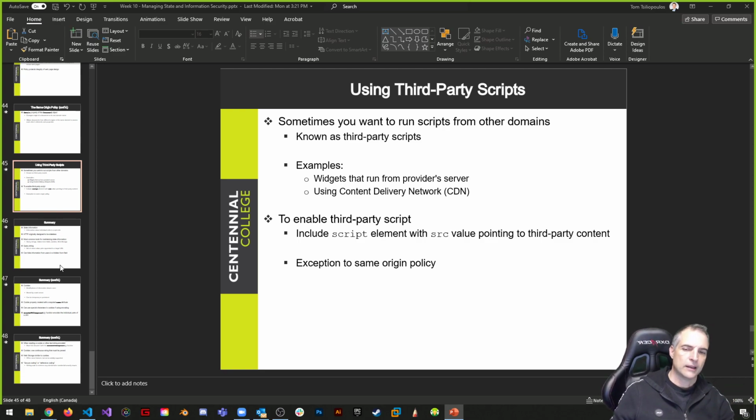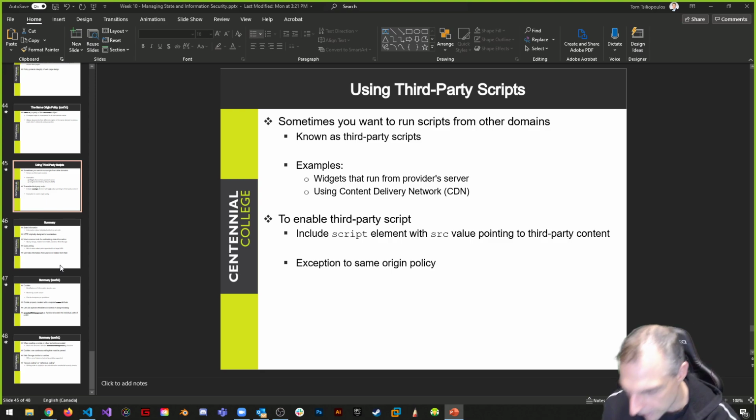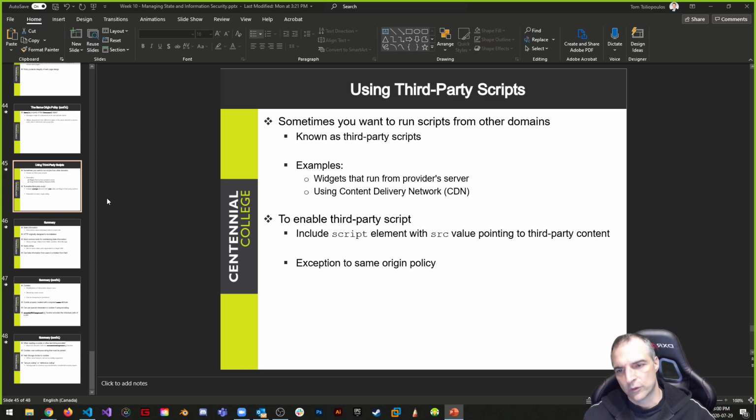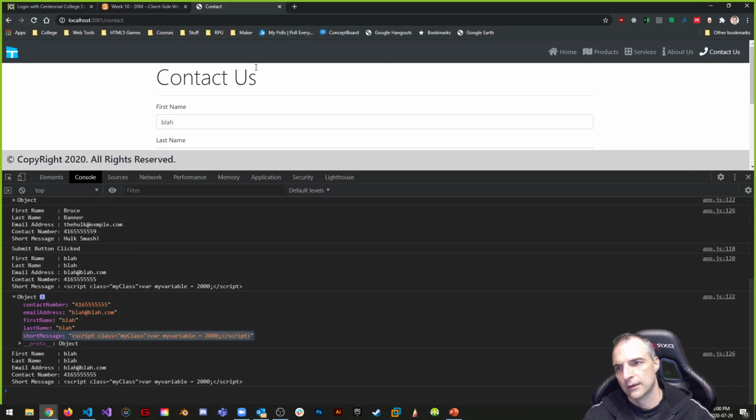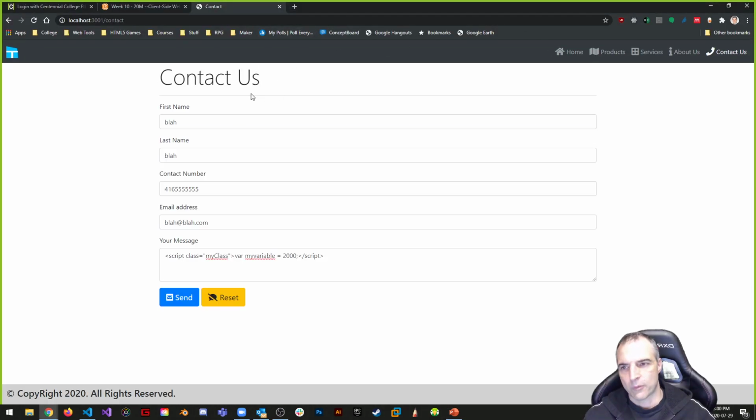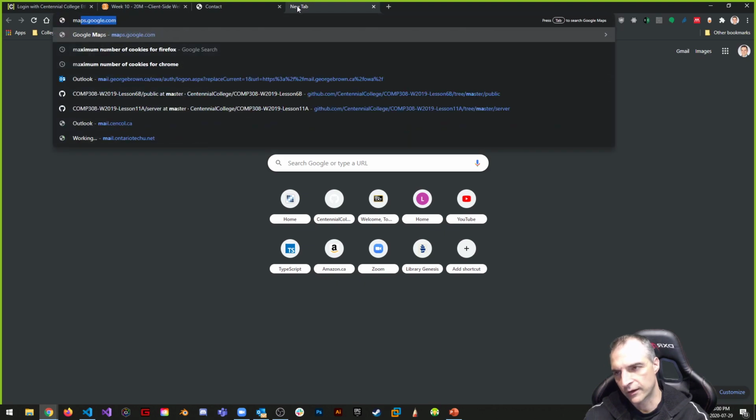With any kind of info from the user, the more times I give the user a chance to put values into my browser, into my application, the more chance that the user, knowing what the back end is, can manipulate things, right? And how do I know what the back end is? That's another question. So I want to know what Centennial College is using as a back end. Well, you can go to a site called Made With,